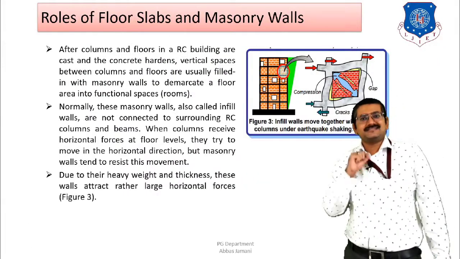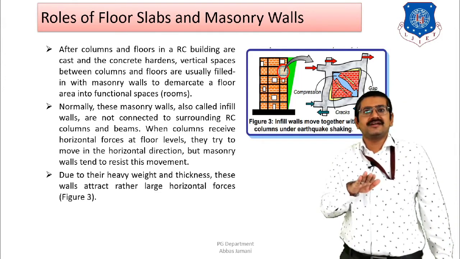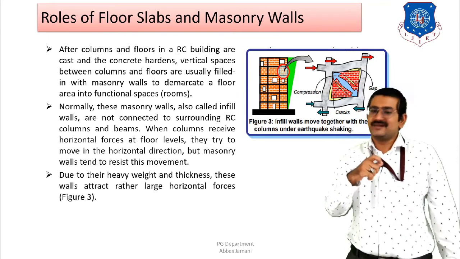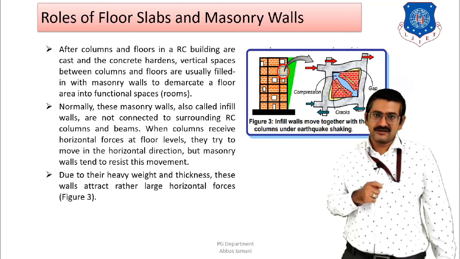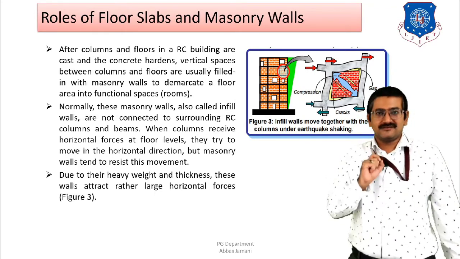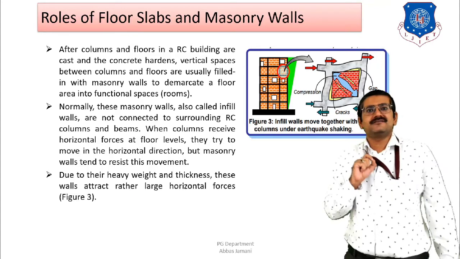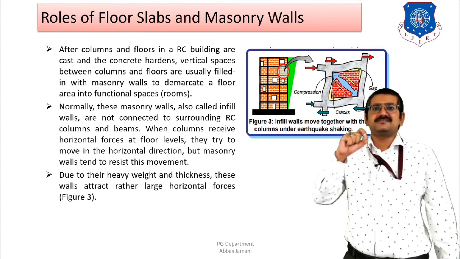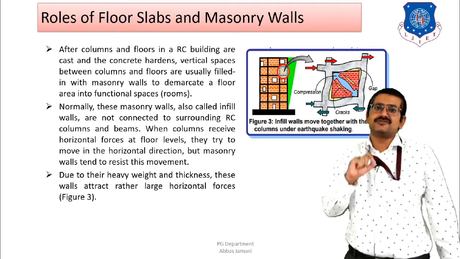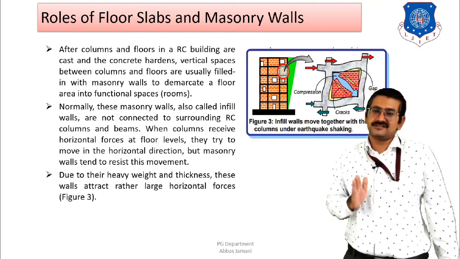Now the last element we talk about is the masonry. As I've already told you, masonry is not going to take any part in taking the vertical load. However, it may have some role to play in case of horizontal or lateral load. Why? Because the sequence of construction is such that first the columns are done, then the beam and the slab are casted. Once the beam and slab are casted and the columns have achieved sufficient strength, the vertical space between the two floors, or between the two slabs, is filled by means of these masonry walls. And these masonry walls may be planned according to the functional utility of the building.